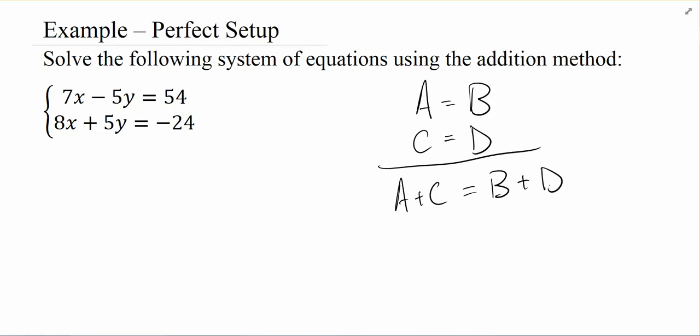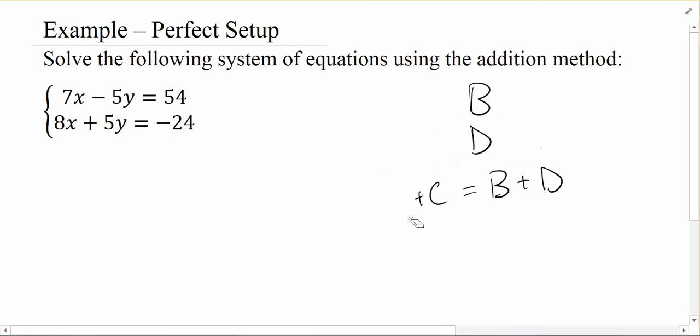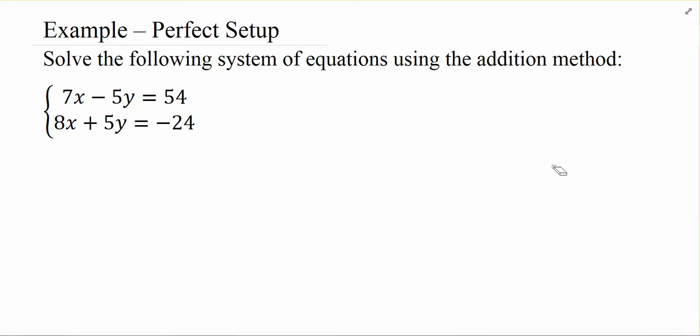What becomes helpful is if we think back to what worked in substitution. What worked in substitution was to take an equation that had two variables in it and come up with a way to rewrite it so that one of the variables went away. And we only had one variable left that we could then solve for. So the idea of the addition method is that we only want to do it if when we add them together, one of our variables goes away.